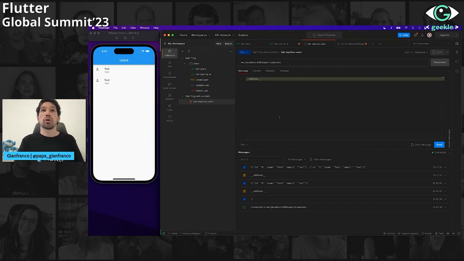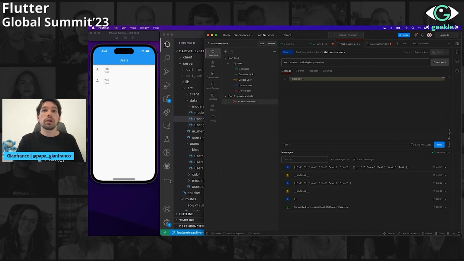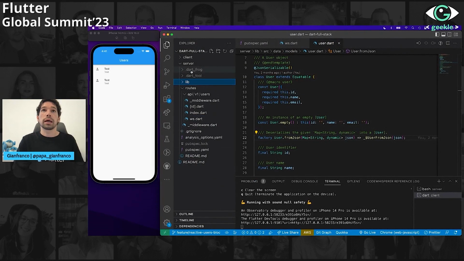Okay, cool. So this is more or less the example I wanted to show. I wanted to try to give you a full example of how a full stack app might look, and the developer experience using your simulator, using only VS Code with a single monorepo and Postman on your computer. This is more or less the experience. I will leave this example on my GitHub if you want to see other things that are happening there.